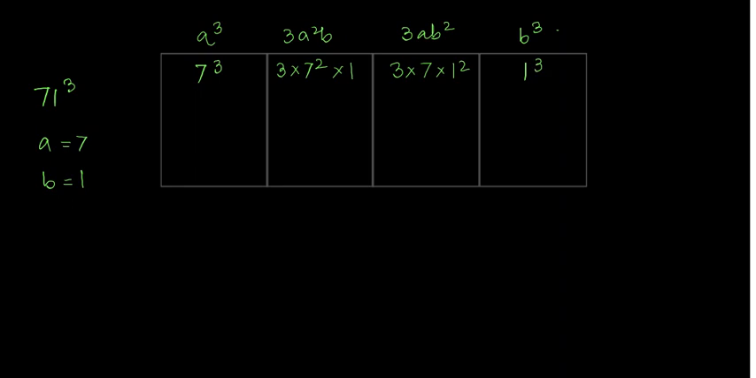Now 1 cube will give us 1. 3 times 7 times 1 square is 21. 3 times 7 square is 147, and 7 cube is 343. So now moving to the next step. Since this is just the single digit, I'm writing 1 over here. Now in case of 21, I'm writing this 1